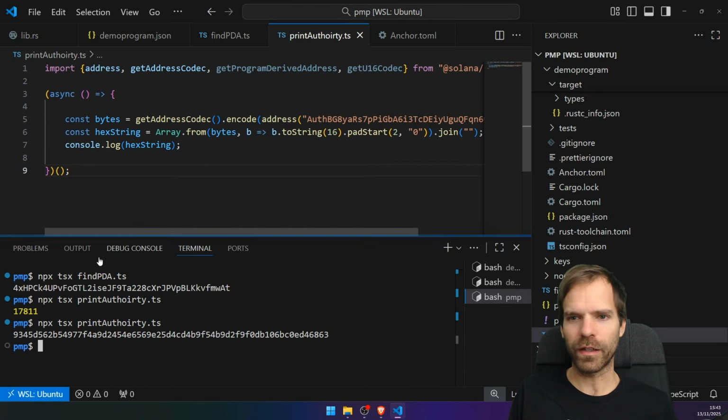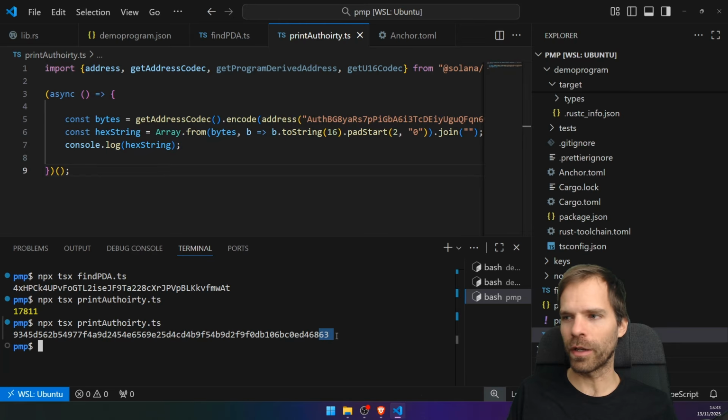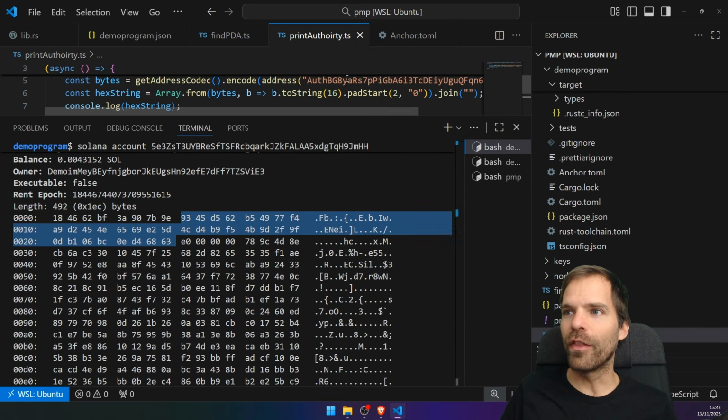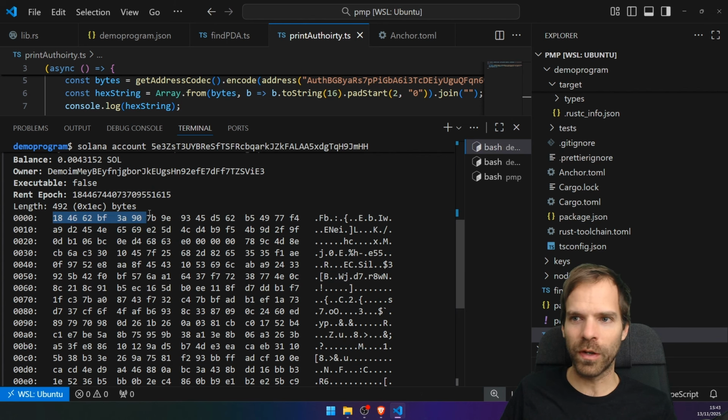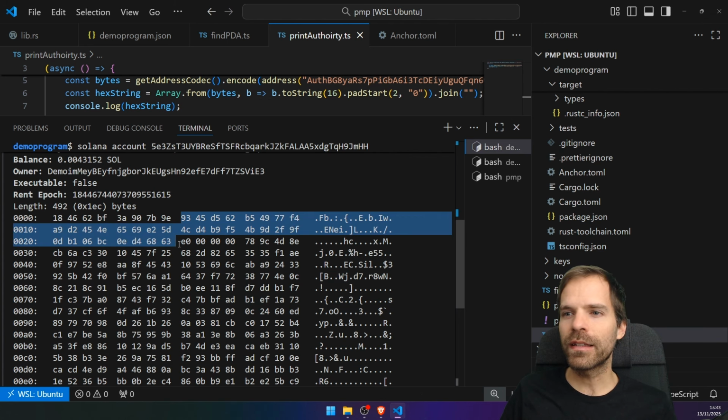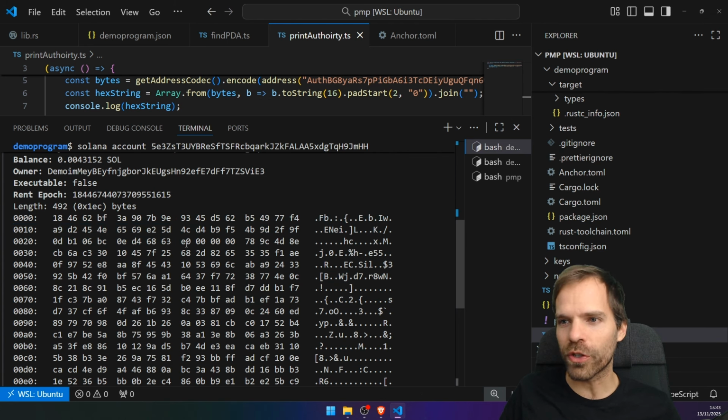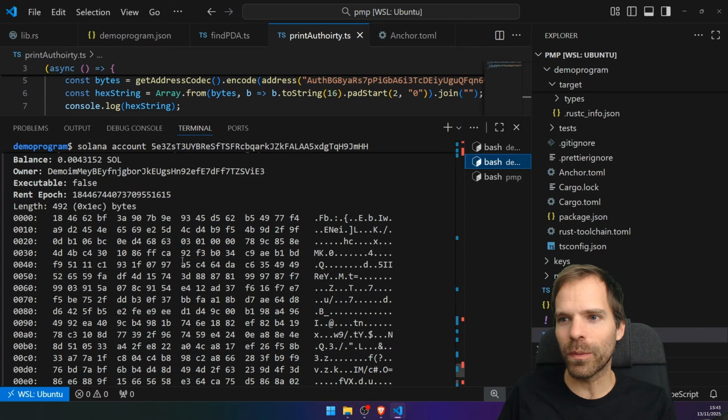There we go. Look at that. So we have 93 to 63 is the hex of this authority, and that's written in here as well. So this is my authority. There we go. We got discriminator, authority, and here we had, oh, that's the old version still. So it makes me guess that was the length. We had E0, the previous length, and after the update, we have